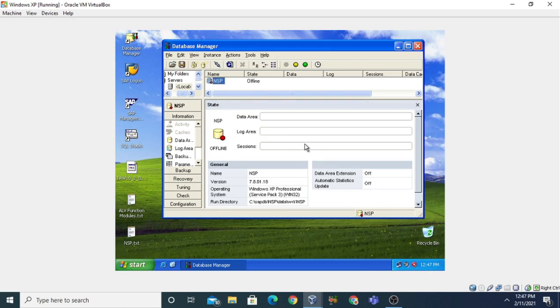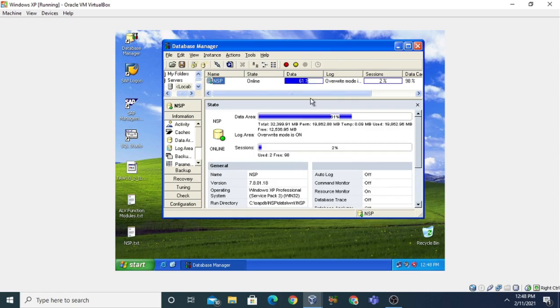When you connect, it shows an offline state. Now to make it online, press the Online button, and it will start the database manager. So now your NSP database manager has been started. It is showing online.